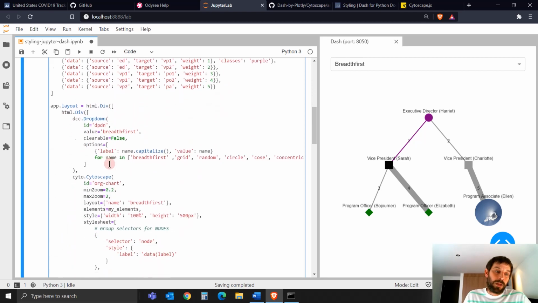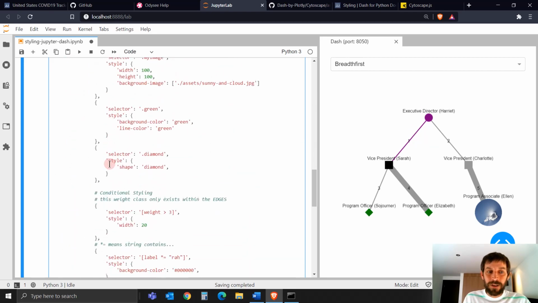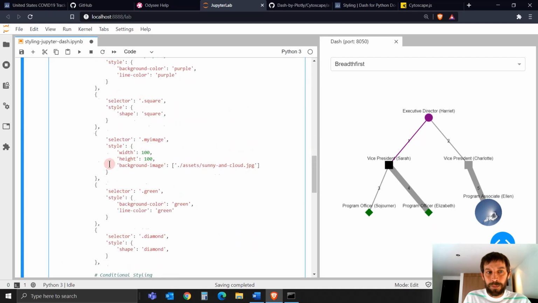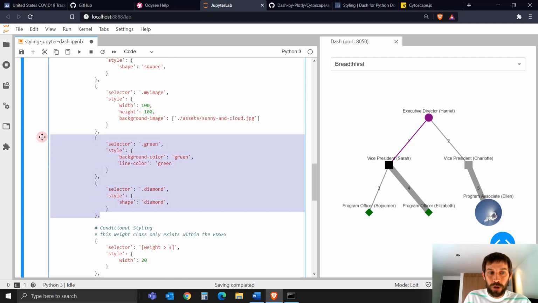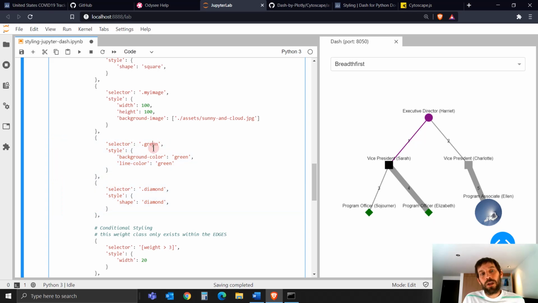Now, the best way to define those classes is just to create two different class selectors, one for green and one for diamond. So if you click on green, you know that this is the style, and this is the style of the diamonds, and that's why you have green diamond here. So this is the best way. You can actually combine it into one class selector. I think you do green, comma, dot, diamond. You can combine it and put this style inside of here, but I recommend against it because